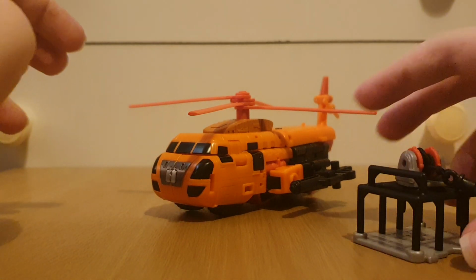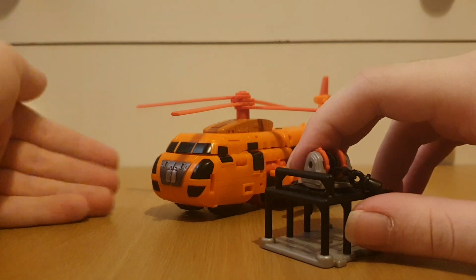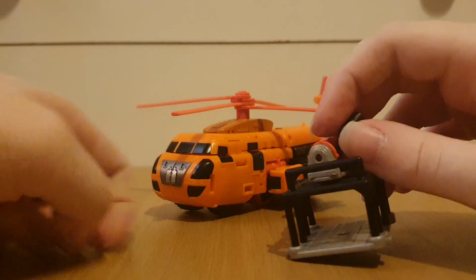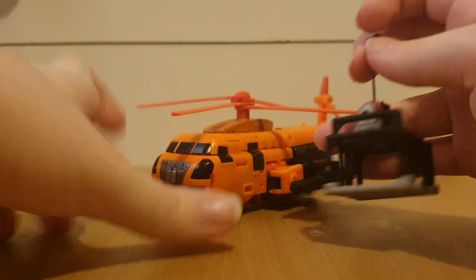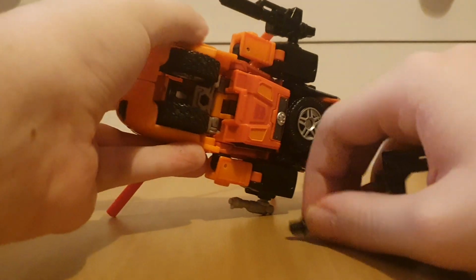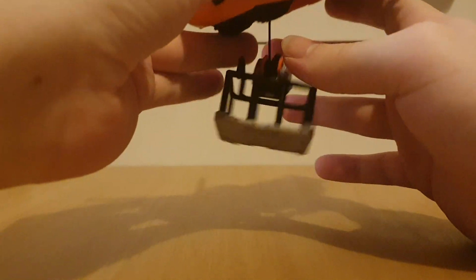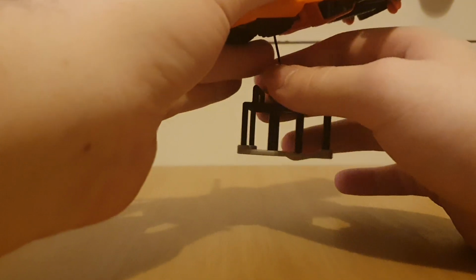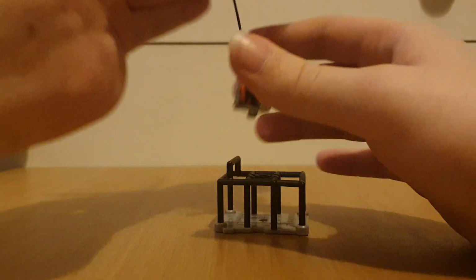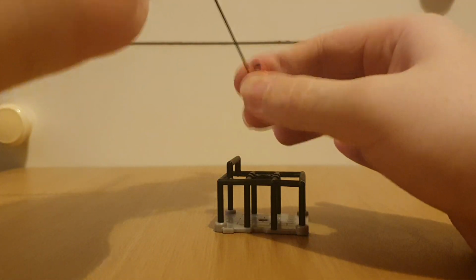Now, what about the cage? Well, I think that the cage was designed to work with this mode. So, say a man falls into the river in Lego City. Well, we can just attach this into here. And now we've actually got a cage. So we just prepare the lifeline and lower the stretcher. Well, granted, the winch doesn't come off because it's a 5mm peg, but